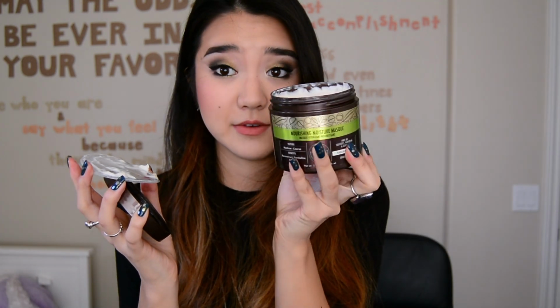Obviously, it looks like I haven't used much, but I've used this I think 5 times in the past 2 weeks. They recommend using it 1 to 2 times per week, depending on your hair's level of damage and how much moisture you need added into it. I've used a little bit more than they recommend, but my hair can get very dry on the ends because of the bleaching that I did. Let me just show you. So I used this last night, so it could be freshly